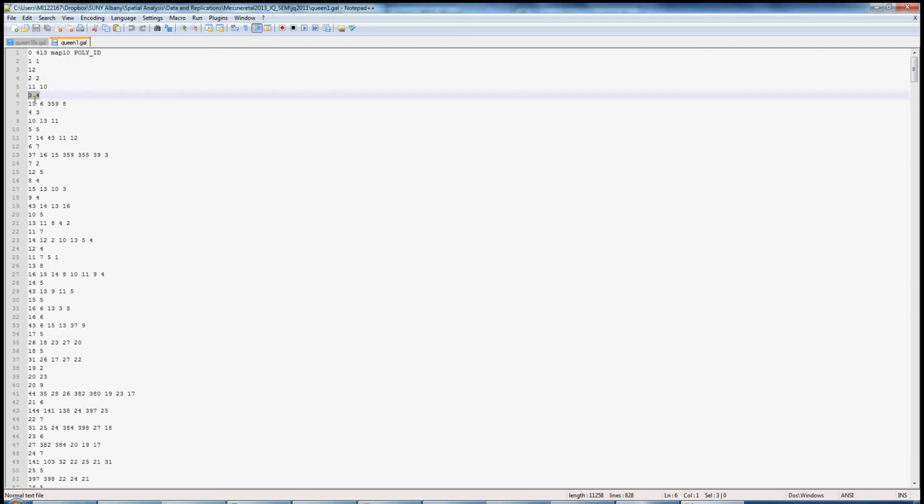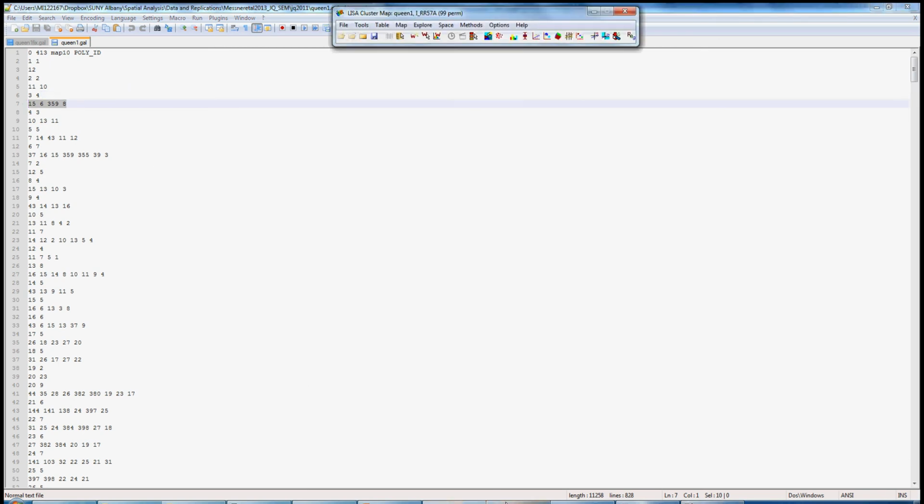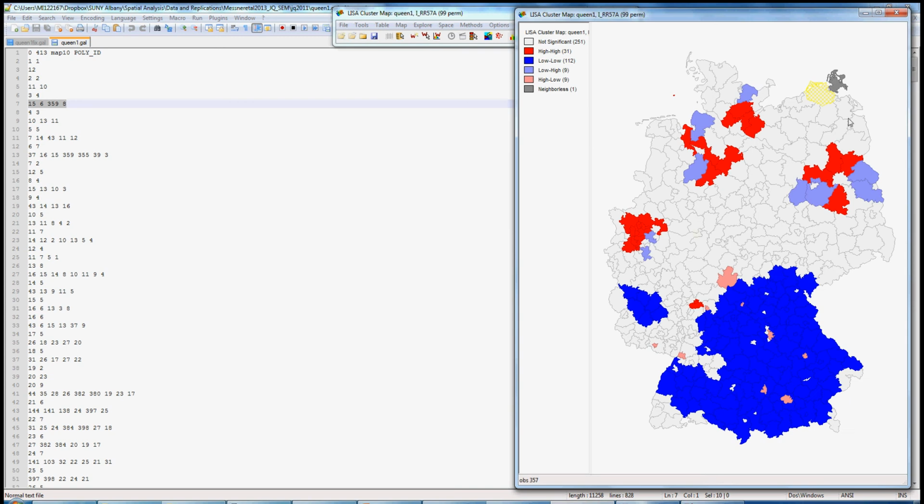And so on. Unit 3 has 4 neighbors, and these are the ID numbers for the 4 neighbors. So what we want to do is go back to the map and identify the identification numbers for these 2 units, and make sure that we tell the neighbor list that this unit has this unit as its neighbor, and conversely the illuminated unit now has the dark gray unit as its neighbor. Another way you could check this just visually is if we go to the neighborless unit and right click